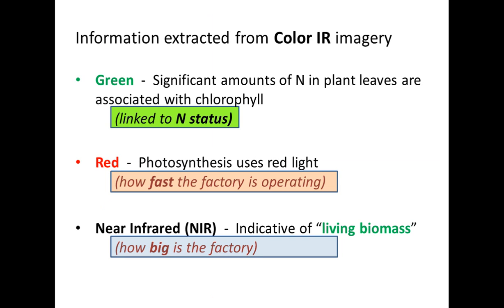now the information that we're hoping to get from this imagery, and the only way we're going to get the infrared or near infrared waveband is to go to color infrared imagery. And so we're going to get a green band, and that tells us a lot about the chlorophyll, and it links back to nitrogen. Now the red band, remember the red light is being absorbed during the photosynthesis process, so we probably aren't going to see a lot of red light coming back.